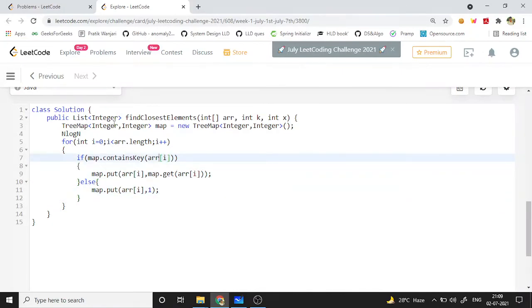So this is the first step that we are doing here, that is creating a tree map from the given array. Then this is the counter that we are using to track that only k closest elements we need to find. So we have to return the list.